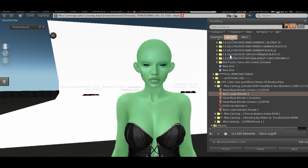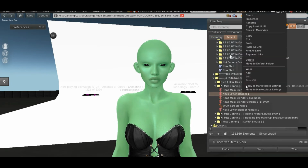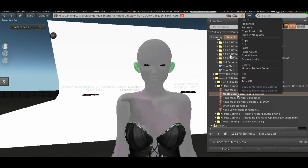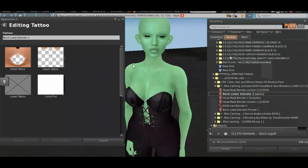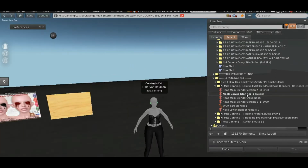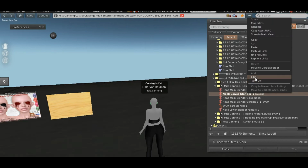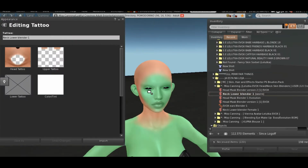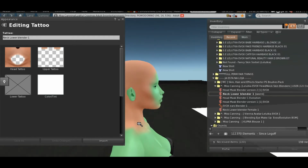So let's get on that, guys, here about the blenders. Okay, I hadn't uploaded the blenders yet. I'm just showing you guys what it is about. It's going to be some tones and probably I'm going to make a more skin-like version of this. I mean, I'm going to be making some texturizing